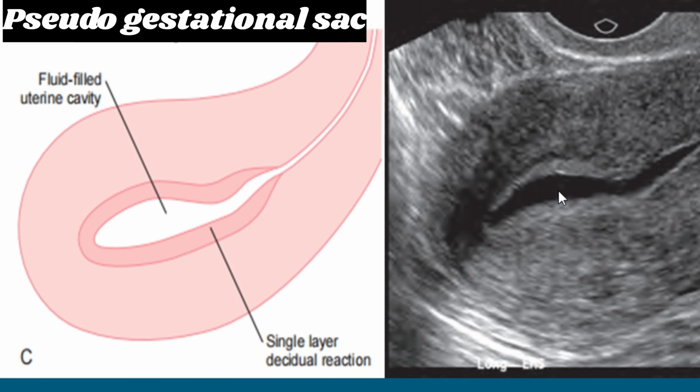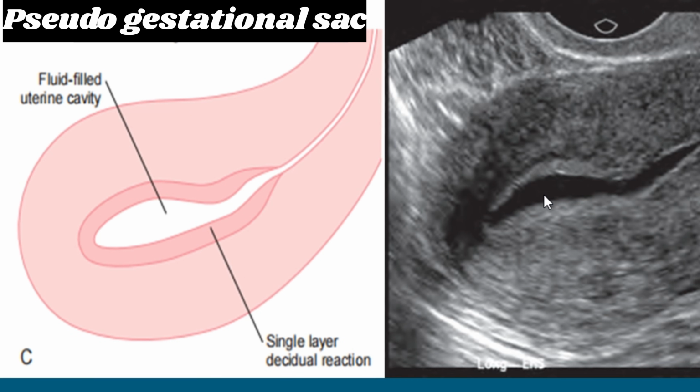When the intrauterine fluid collection is secondary to an ectopic pregnancy, this is termed a pseudogestational sac. The fluid comprising a pseudogestational sac is located in the uterine cavity, not eccentrically to the uterine cavity as we have seen previously in the case of the true gestational sac, and is therefore only surrounded by a single echogenic layer.